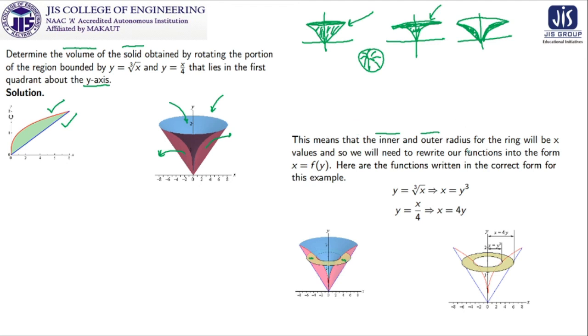So let us check it after some time. Look at this. This is given as y equal to f(x). So we have just converted it in terms of x equal to f(y). And similarly, this one is also written as x equal to f(y), because the rotation is done with respect to the y-axis. So the limits of the integration will be with respect to y, and then it has to be integrated with respect to dy. So it has to be f(y), and that is why we need the conversion.